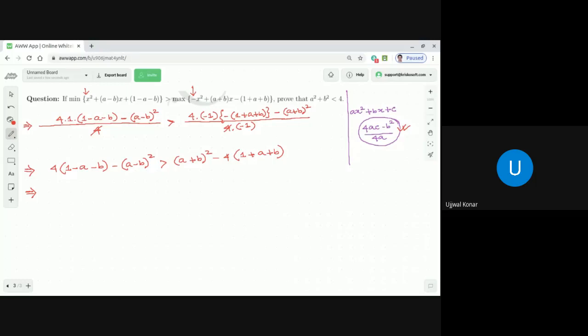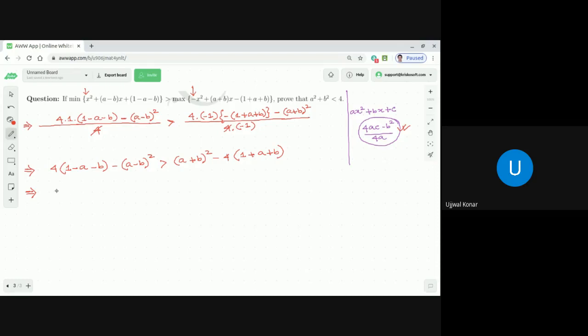According to the question, if you simplify this thing, we get 4 minus 4 into a plus b, correct, no? So (a plus b) whole square minus 4 into a plus b, it should be,